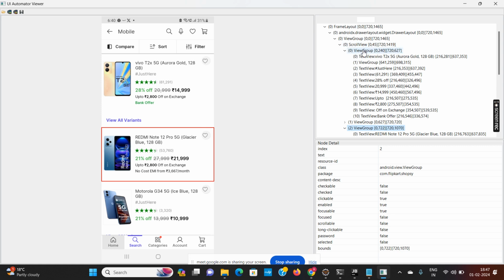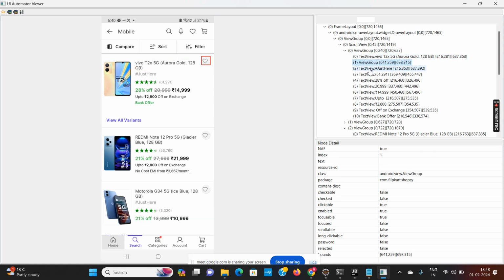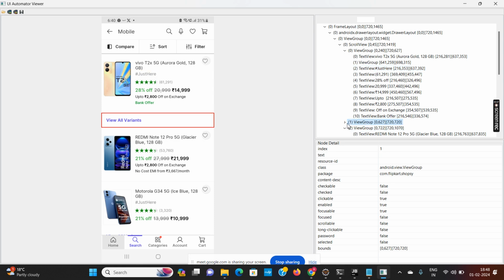Okay. And then inside the multiple view group we are getting the text view, this one, text view.